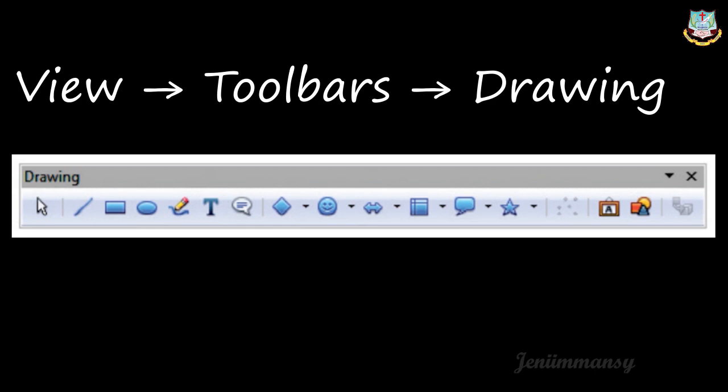The selected drawing will be active. It will be inside the document, right? To cancel the selected drawing function, you can just press the escape key, or you can just click on that select icon in the drawing toolbar, right? You can now fill this shape also. You'll have so many shapes.